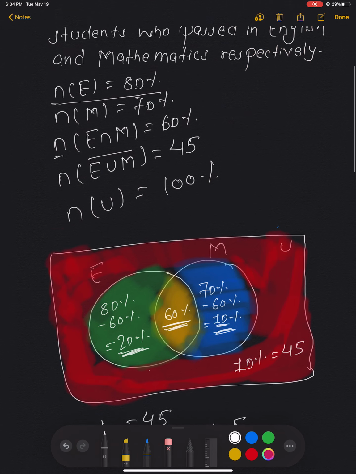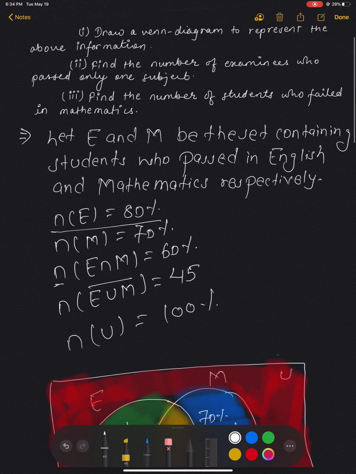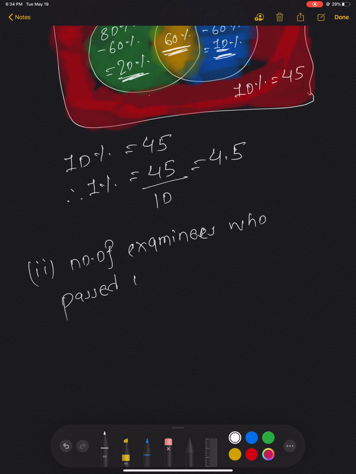Now let's move to the next question. Find the number of examinees who passed in only one subject. So that means the number of examinees who passed in only one subject is equal to